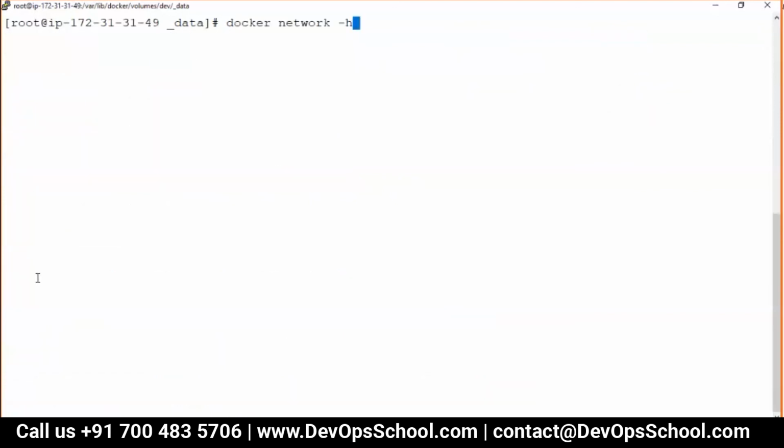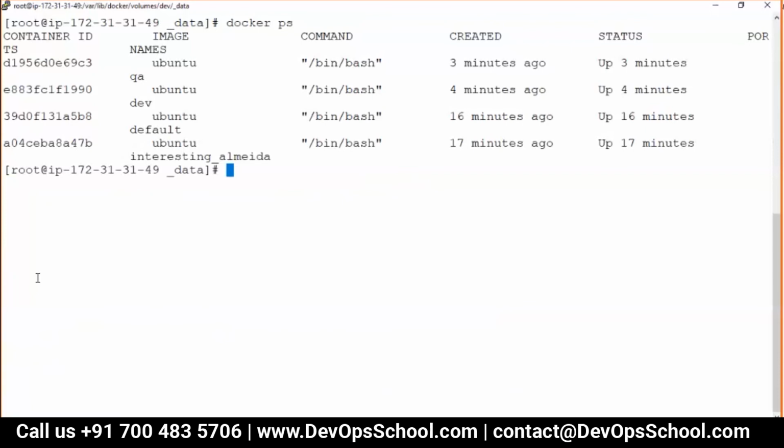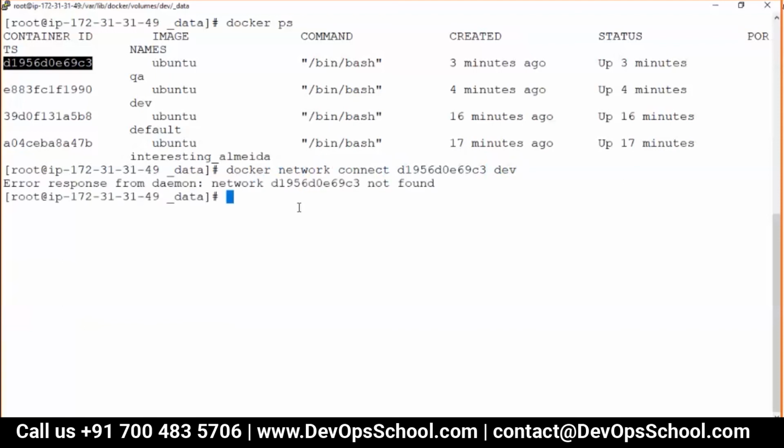Here I am connecting: docker network connect, container to which network? Dev network. Guys, did you understand this? Yes. So there is a problem here, I should write it the opposite way, dev and then this container.